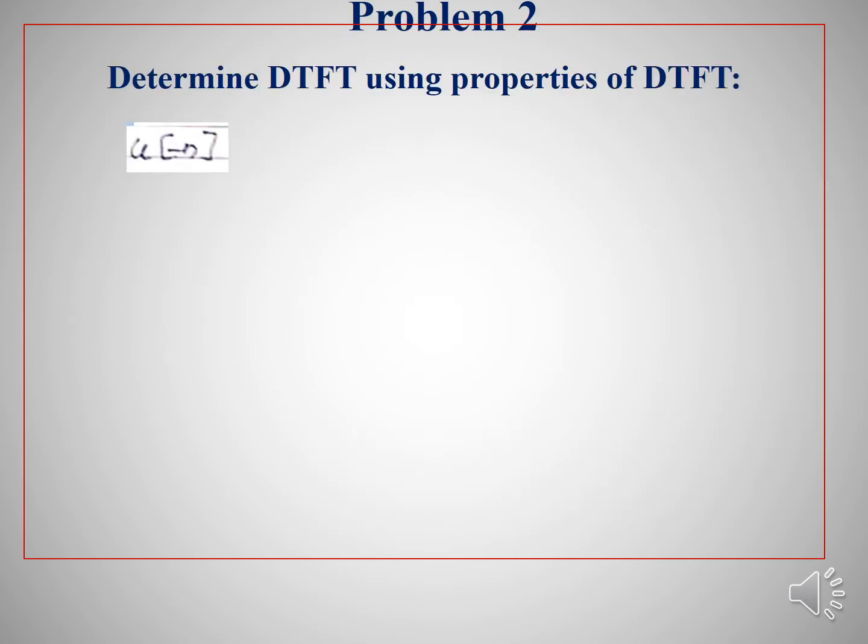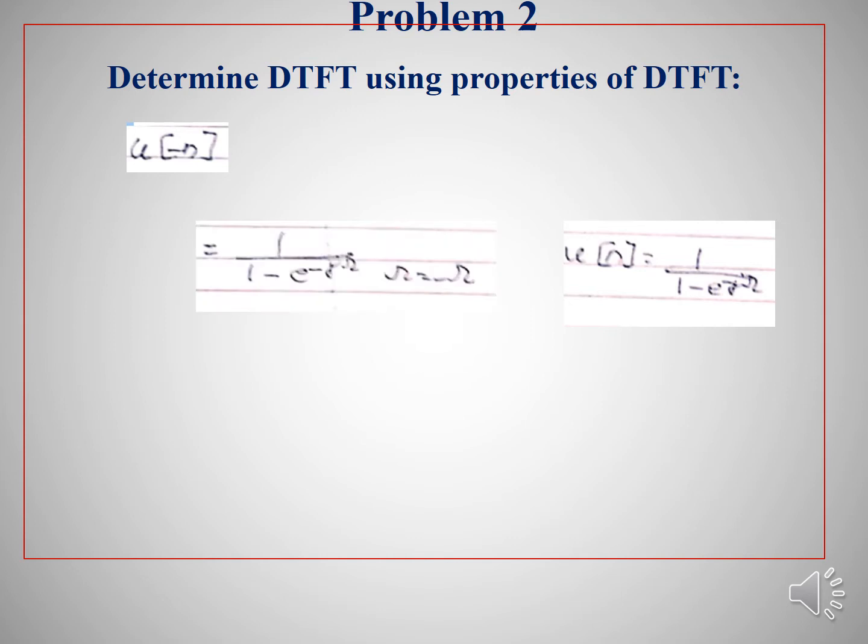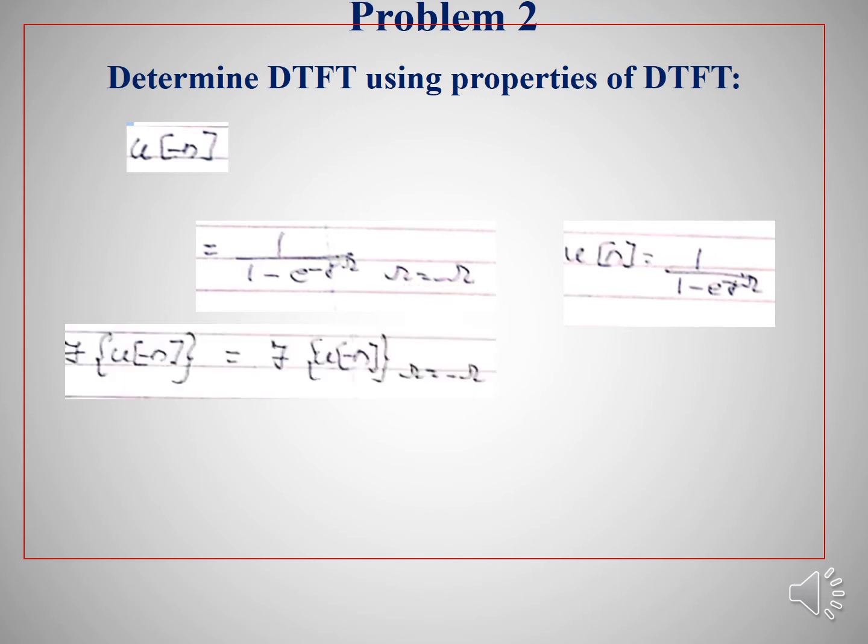Let us go on to the second problem, to determine the DTFT using the properties of DTFT. Given by the question, x[n] is equal to u[-n]. Most of us are aware u[n] has a DTFT given by 1 divided by 1 minus e^(-jω). Hence, in order to get u[-n], we would be writing it as 1 divided by 1 minus e^(-jω) at ω equal to minus ω. Therefore, the Fourier transform of u[-n] would be that of u[n] at ω equal to minus ω, resulting in